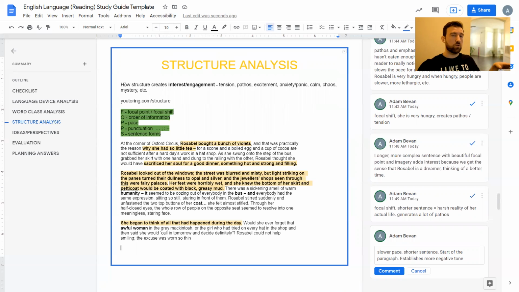If it doesn't give you any reference to whether it should be structure or language, normally that means you could do both, and normally doing both is better. So we'll do a bit of both. We'll focus a bit more on structure though. So